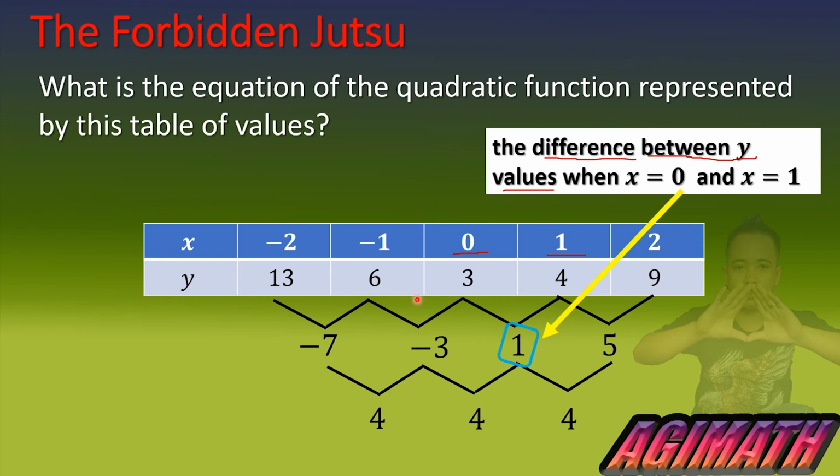And you might be asking, sir, is that the scenario always? Yes, that's why for this technique to work, there should be values of x equal to 0 and equal to 1 respectively, because if these values are not present, then this technique I'm teaching you will not work. Now take note of this value, because we are going to use it. So moving on to the next slide,